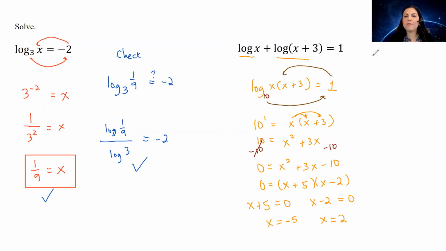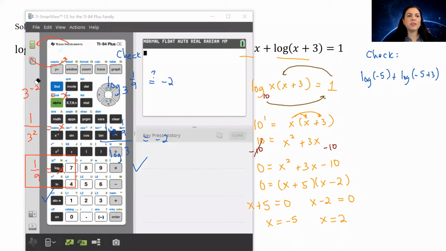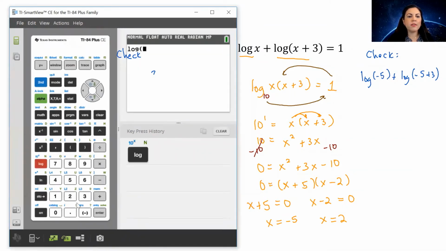If I have log of negative 5, let's check that one first. If I do log of negative 5 plus log of negative 5 plus 3. Let me go ahead and bring down my calculator again, and I'll have to erase this work over here on this side so we can see it. So I'm going to do log of negative 5 by itself in my calculator and just show what happens there. So if I type in log negative 5,